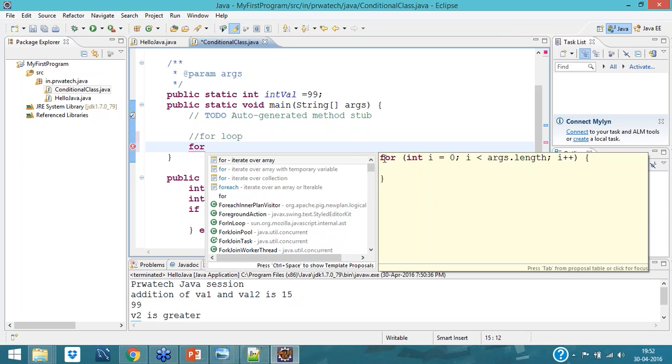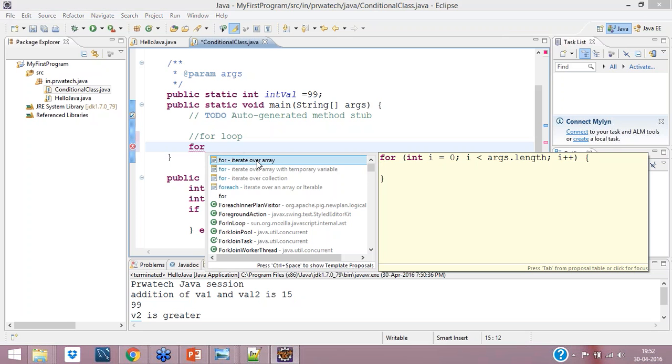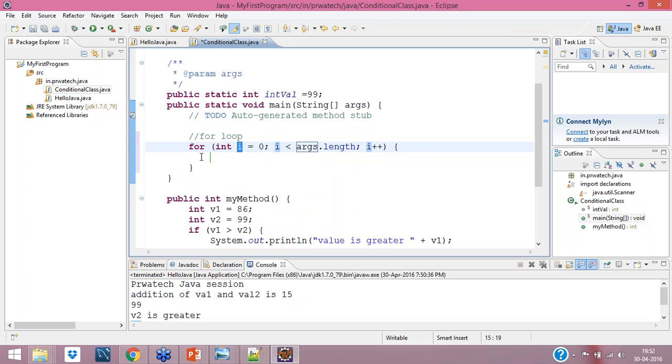For each I'll explain when I go to object-oriented concepts, OOPS concepts. Right now I'll explain how this works. This one is like for int i equal to 0, same as C and C++, but this will take the value and put it inside and print it. It is by default right now.